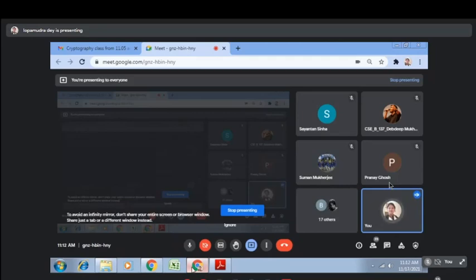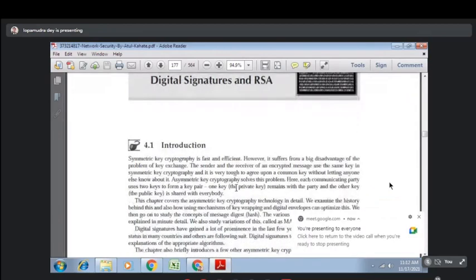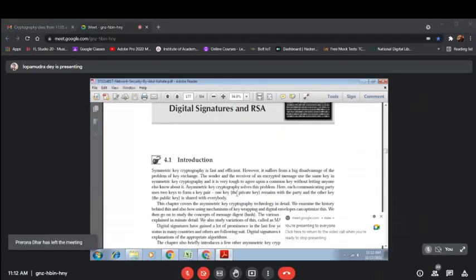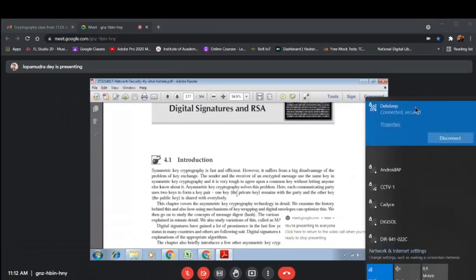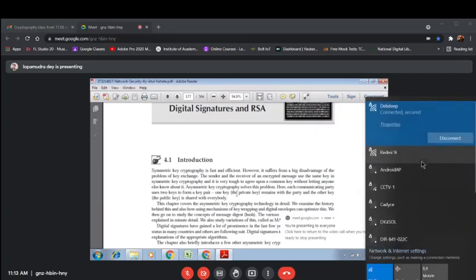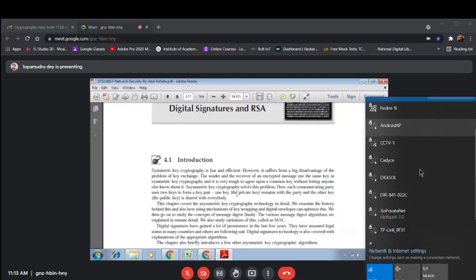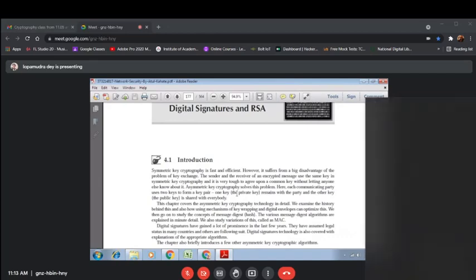Okay, so today we are going to start asymmetric key cryptography. We have learned about symmetric key cryptography, which means there should be the same key on both the sender and receiver side. We have gone through DES, AES, Blowfish, and RC5, the five symmetric key algorithms present in your syllabus. There are also some modifications like double DES and triple DES. We have learned those too. Now the problem is still there.